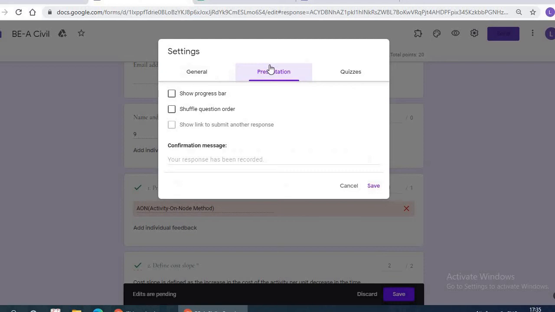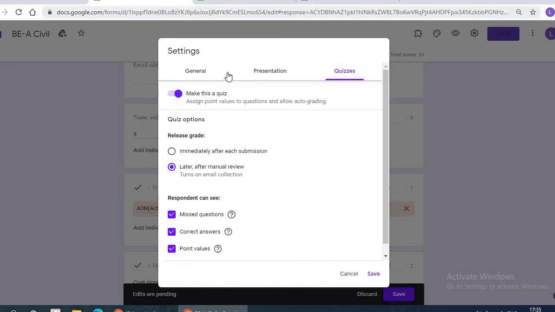Now presentation. See, if you want to shuffle the question order, respondents will have the options in different order. Tick mark this option. Okay, and go to quizzes.